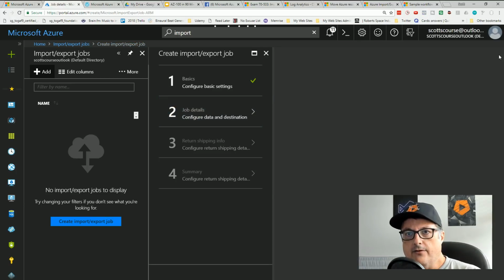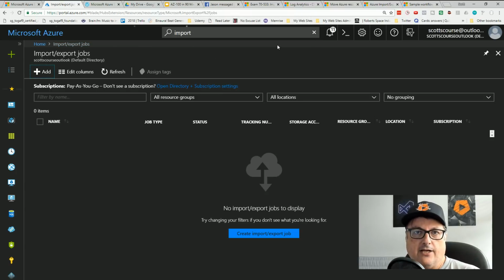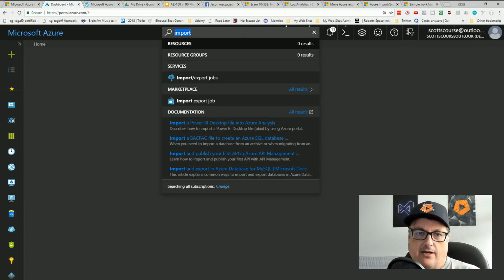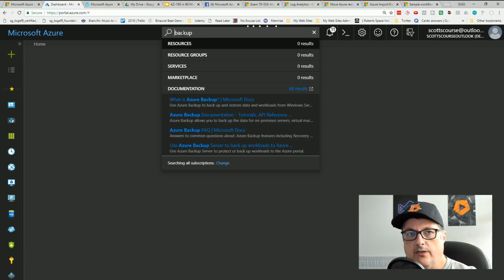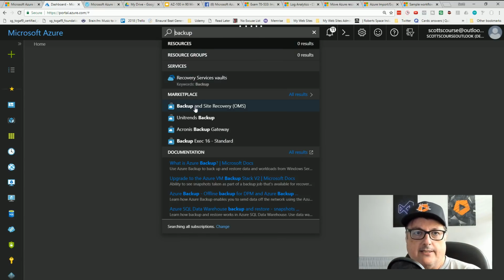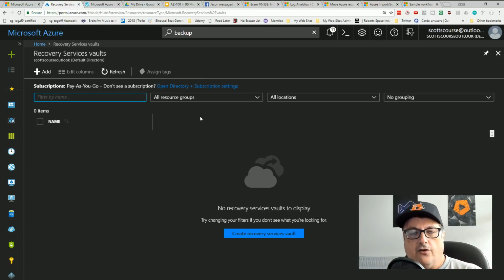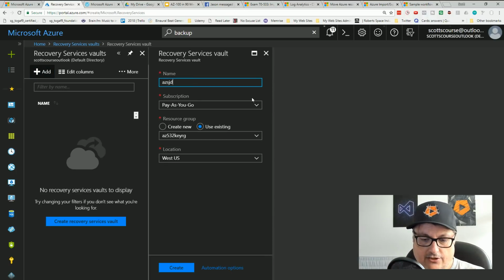So Microsoft has been providing this Azure backup service for a while. This allows you to run backups not only of your virtual machines, but of your applications, or maybe your virtual machines that are on your local network, or even of your computer. Okay, so recovery services vaults. I don't actually have any recovery services vaults. AZSG recovery services vault. Create a new one for that.